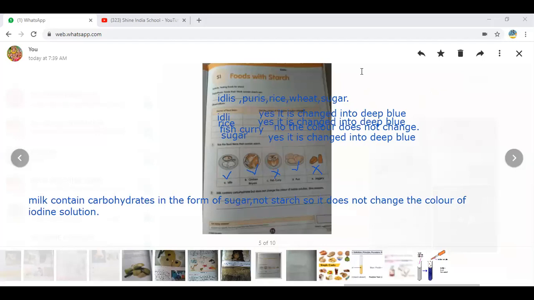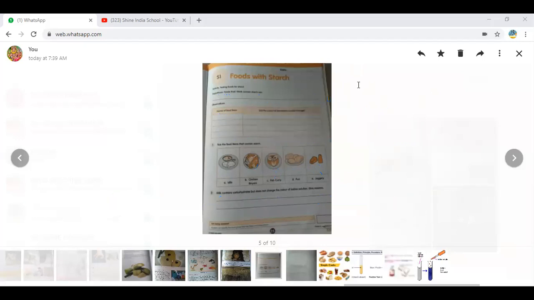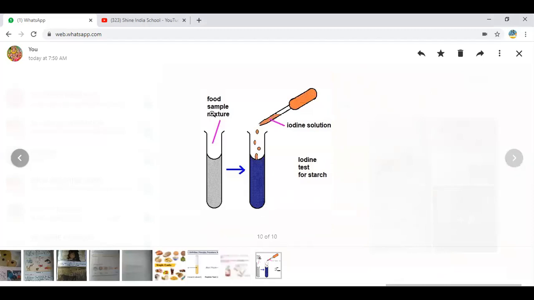Yes. So now we have completed our worksheet in detail by explaining. I hope it is clear for everyone. So I am going to clear my drawing. Yes. Now it's time for you. I am going to ask you the questions. Once again, I am going to show you this food picture. Here you can see the light or pale color with rice, white color. Iodine changes